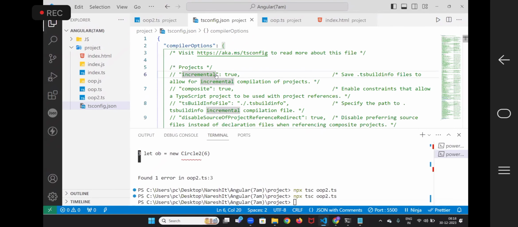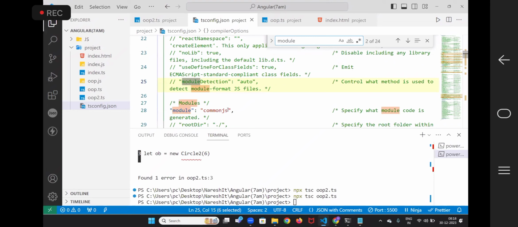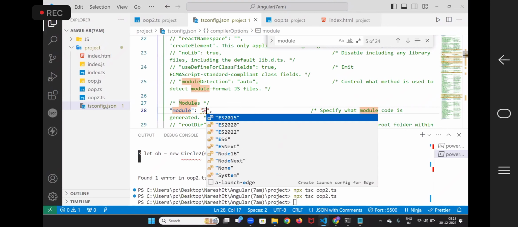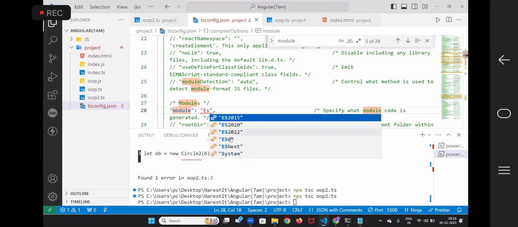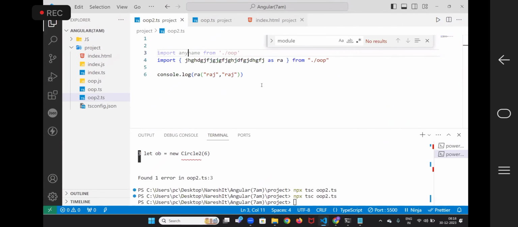Let me configure the TS config, because we are almost done with the module system. We are almost done with TypeScript, so I want you to understand how TypeScript works. Now here, if you go through each and every option, it will check based on the options only. If you go to module, see, the module system is commonjs, it is defined. Change it, change the module system. ES2015 or ES6, both are the same, sir. Now, after changing it,